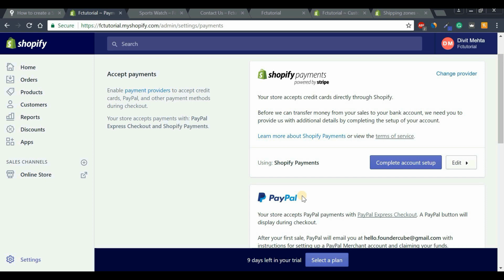Now, I know that for some people, Shopify Payments might not be accepted in your particular country. If that's the case, then just stick with PayPal. I promise you it's the best way to accept money. Okay, so with that said, as far as setting up your account for both of these different payment methods,